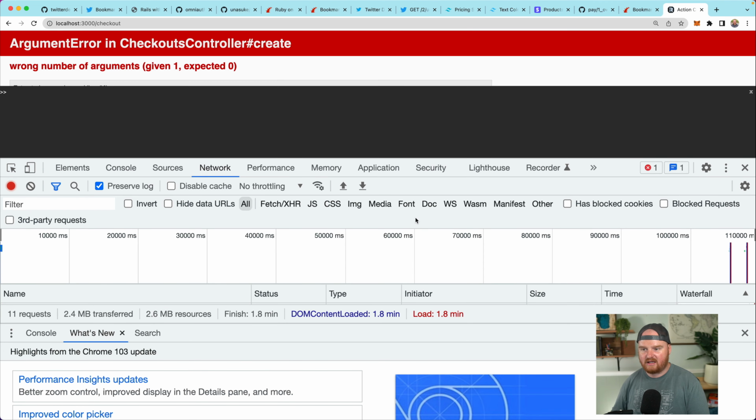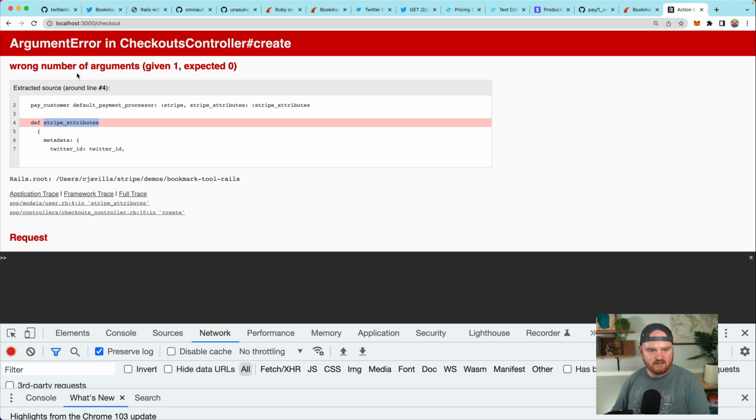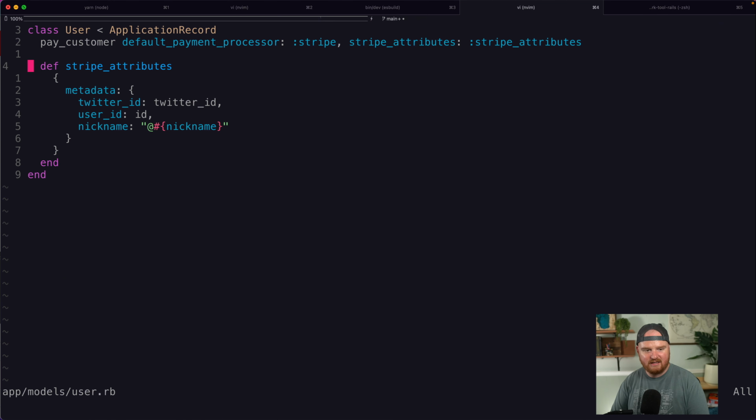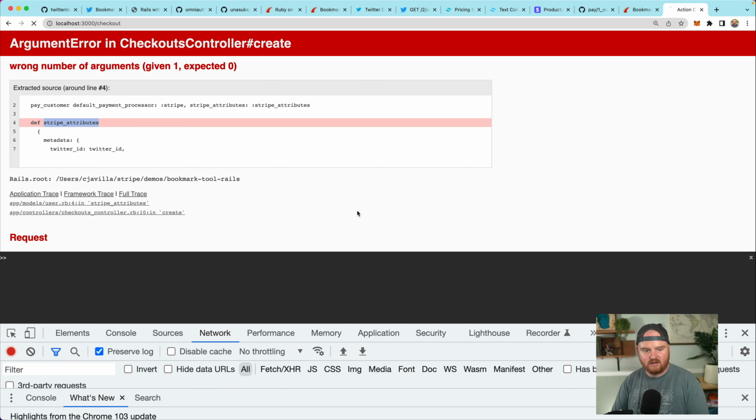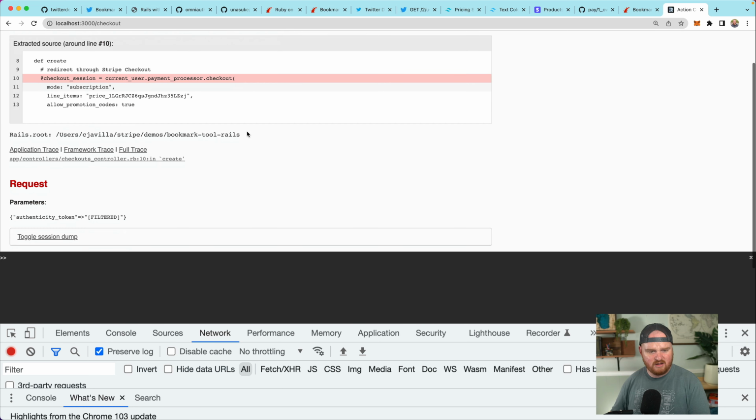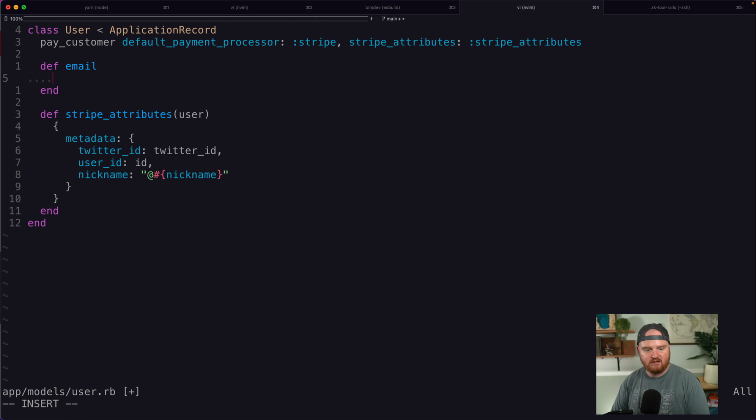All right, so now if we click get access, we are almost redirected. Stripe attributes. Wrong number of arguments, one given. Okay, so we go to our user model, and here we actually get in the user, I believe. So undefined method email for user. Oh my word. Okay, so our user model doesn't have an email address. So I'm going to say def email, and I'm just going to return the nickname